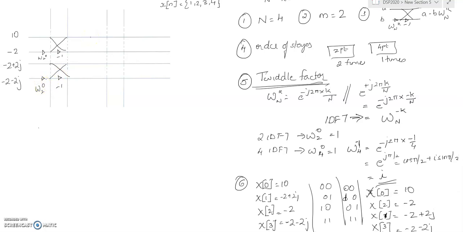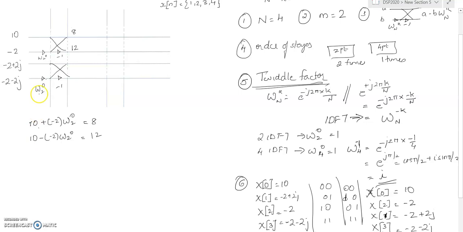Okay, so now solving this problem, when we solve this particular diagram, at the first point we have 10 plus of minus 2 W20, and then we have 10 minus of minus 2 W20, which will be equal to 8 and which will be equal to 12. So the output of these two stages will be 8 and 12. Then we have